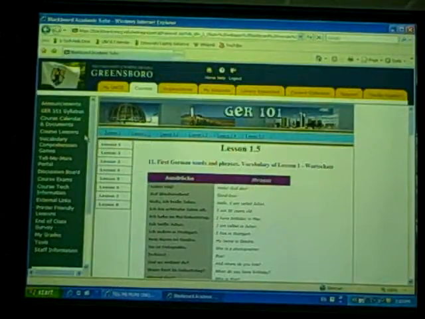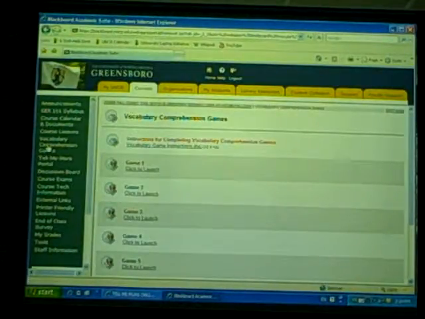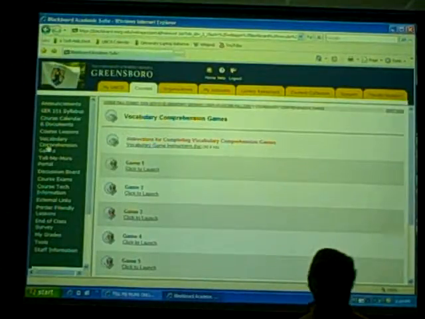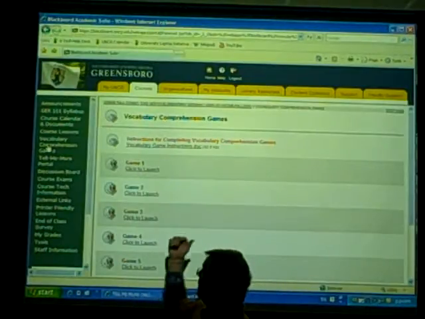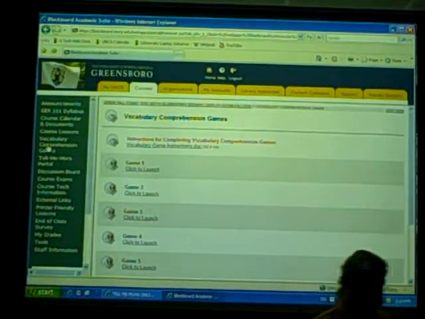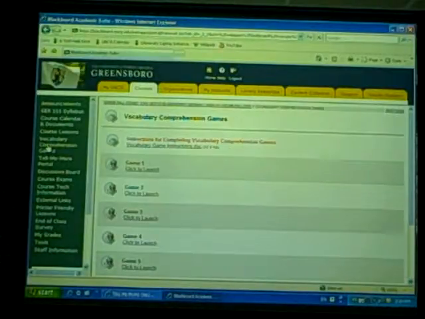After students have seen the grammar and had an opportunity to look at the vocabulary, they are ready to take the vocabulary game. And that's the next item here, vocabulary comprehension games. And they are designed to make language learning fun. These vocabulary games are not designed to be difficult, but they're designed to be a rewarding activity, short and sweet, that motivates students to deal with the language as they see it in the lesson. So I will click on a game to show what kind of